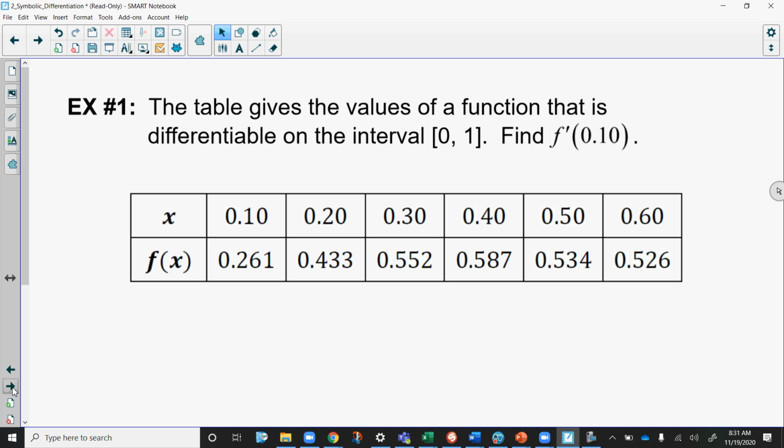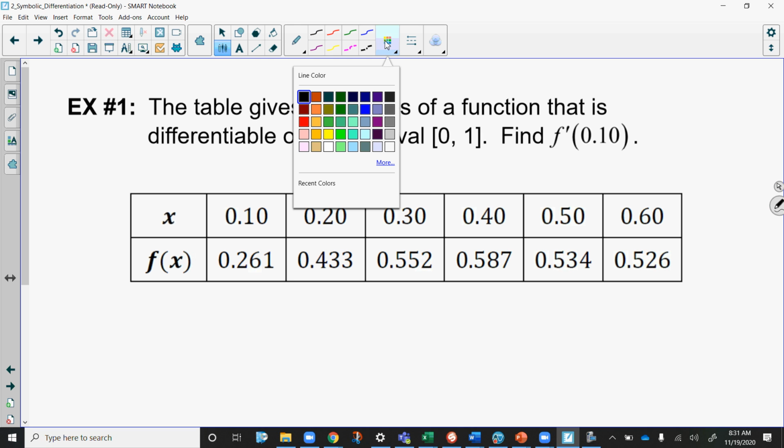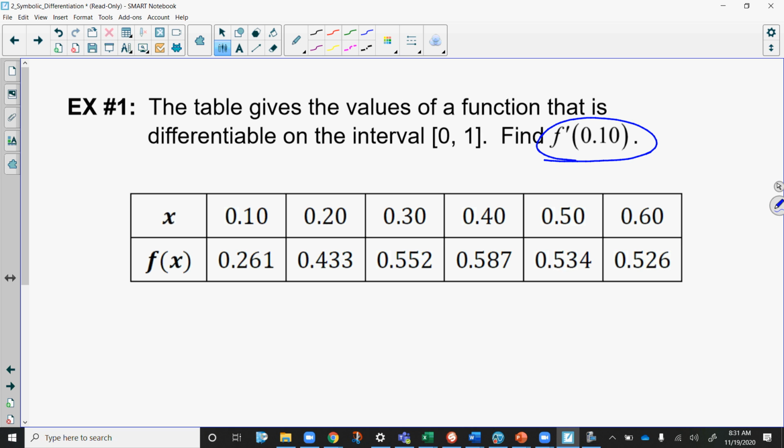We have this table, and we have no idea what the function is, but we know it's differentiable, and it's asking us to find the derivative at the very beginning, which, okay, we can do that. Normally, if we're trying to take the derivative at a point on the table, like what we're doing here, we want to find f prime of 0.1, we would take the points to the left and the right of it to approximate it. Unfortunately, we can't do that here,